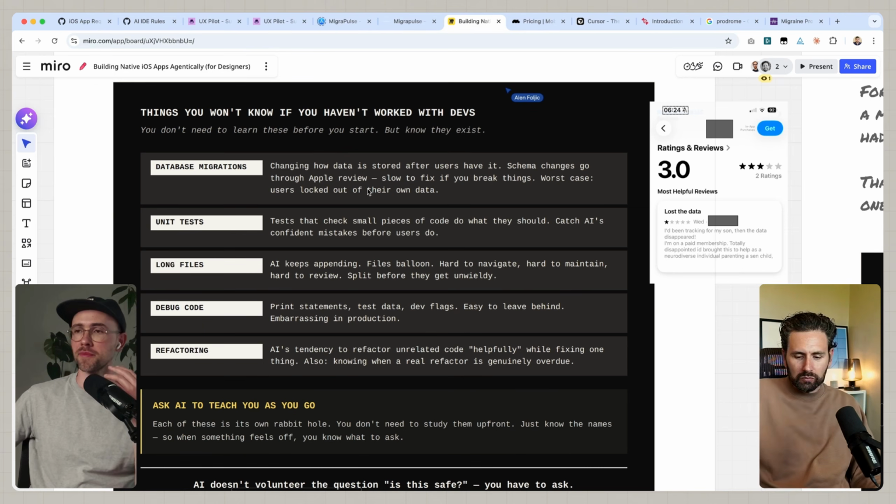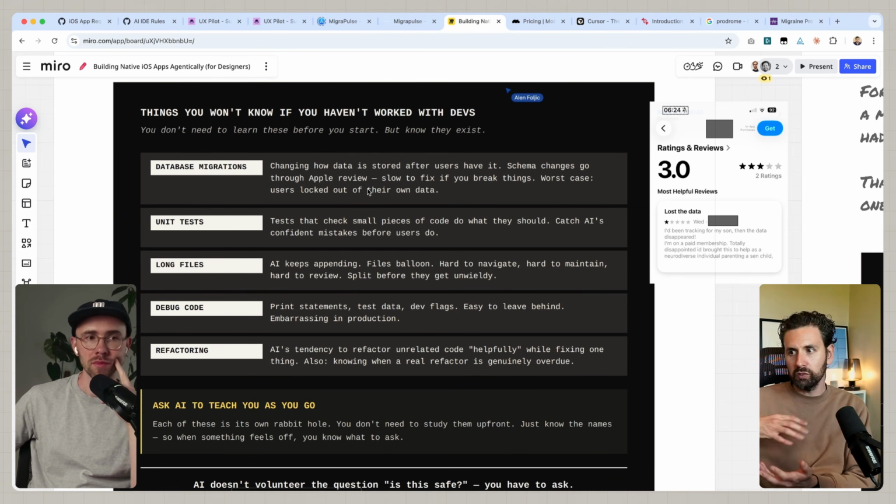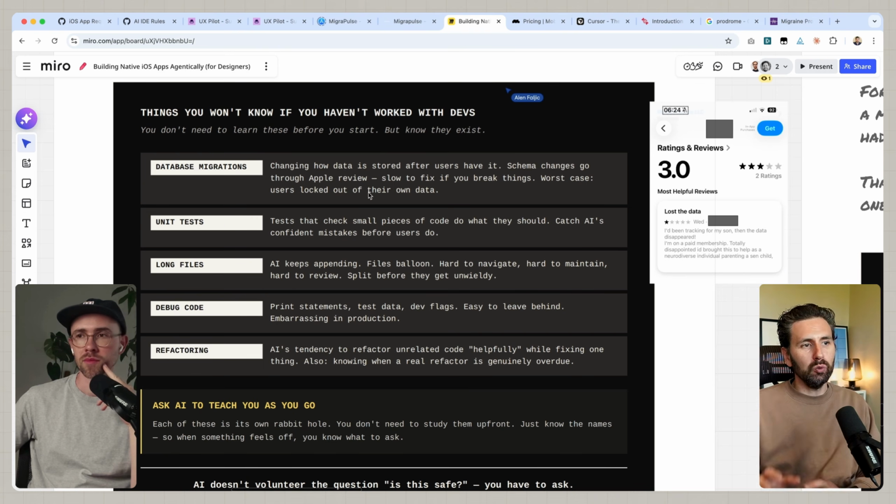So there is a database schema for my app. The database is stored on the phone. So many apps, right? All the data is stored on your device. That has a particular structure to it. If you change the structure of your database as you add features,